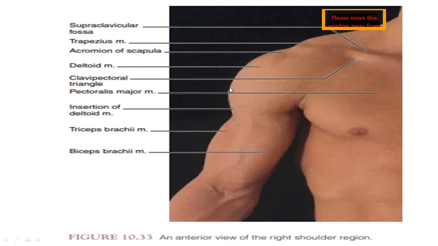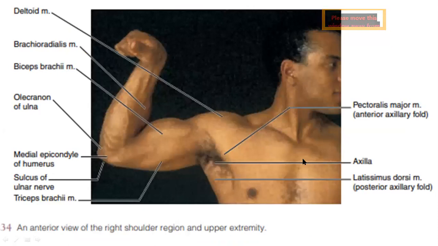We know deltoid muscle gets inserted on the deltoid tuberosity, which we find in the shaft of the humerus bone. In front we have biceps brachii, behind we have triceps with 3 heads, isn't it? So these are all surface things which we have to appreciate. When the patient is coming to you, you should feel, palpate and try to express what are the structures you are able to see from the surface of the body. So, repetition again, we have deltoid muscle, isn't it?